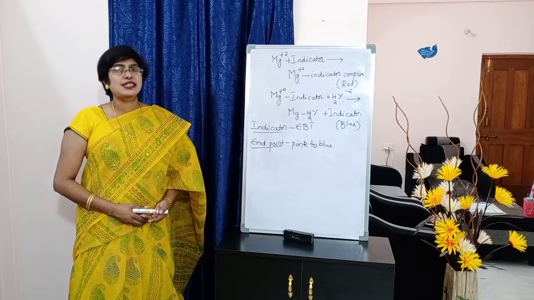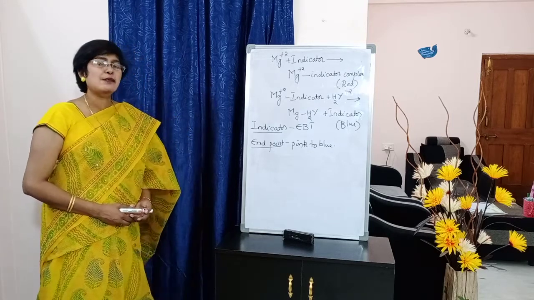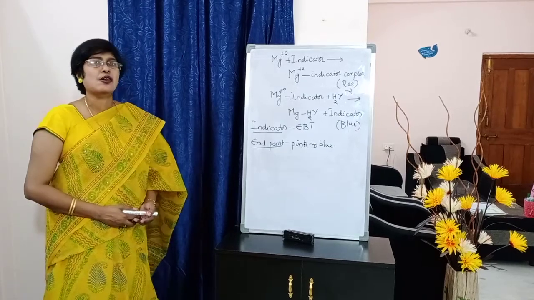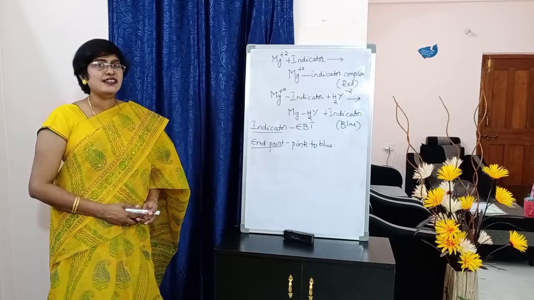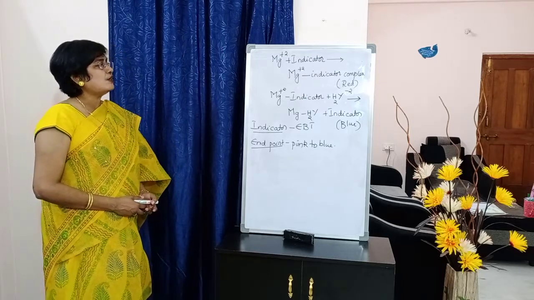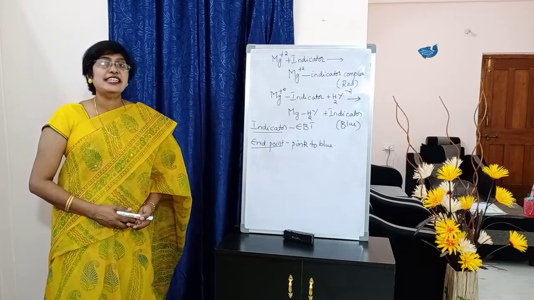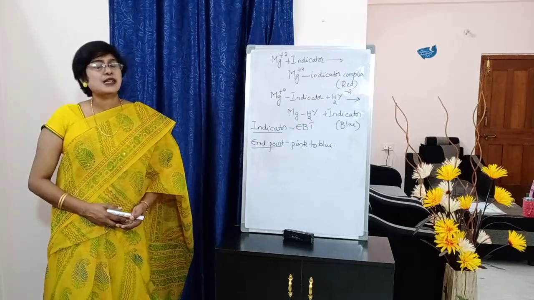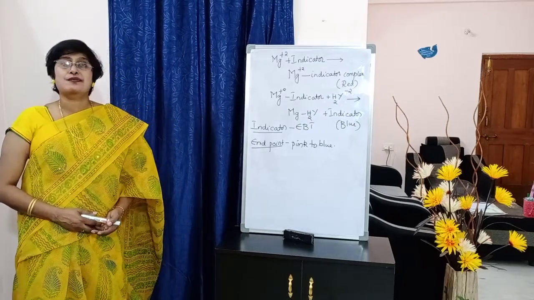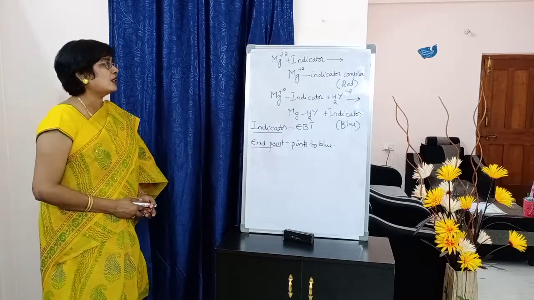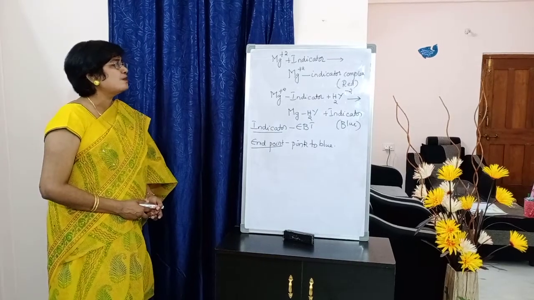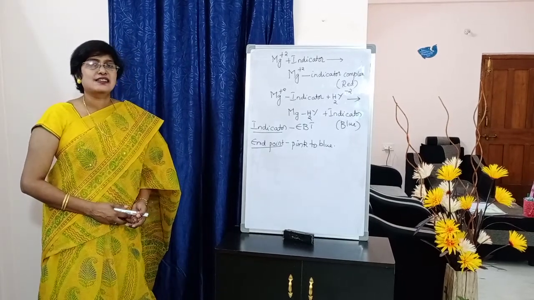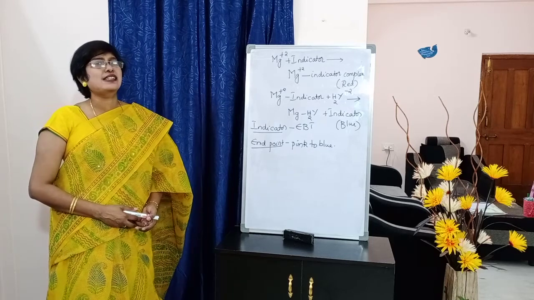Below that, write down its color: red. You remember the indicator's color is blue. Immediately after adding Mg plus 2 ions, it forms a complex which is red in color. Next, this Mg plus 2 indicator complex plus EDTA. EDTA is generally represented as H2Y minus 2. In some textbooks you will find it as H4Y. Anything you can mention. So H2Y minus 2 gives rise to MgH2Y complex plus indicator. So we have written now, it releases the free indicator which is blue in color.